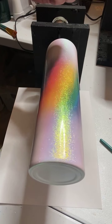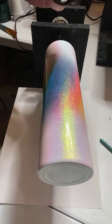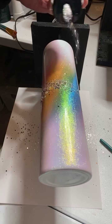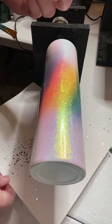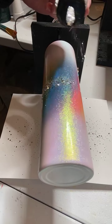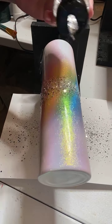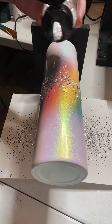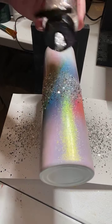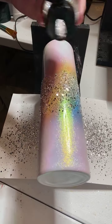So I'm just going to sprinkle. I'm going to shake it good. I always shake my chunky glitters to make sure I have good coverage and all my microfines and ultrafines aren't settled to the bottom. And I'm just going to start right in the middle and work my way around. And you can do this as little